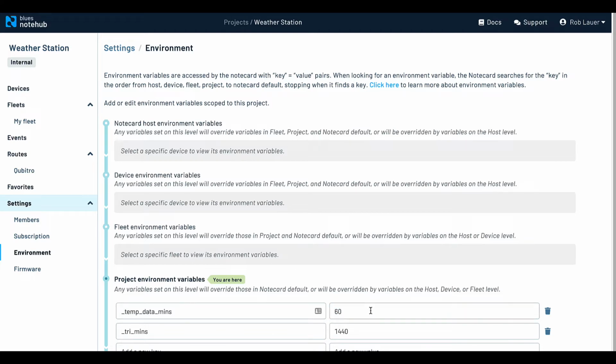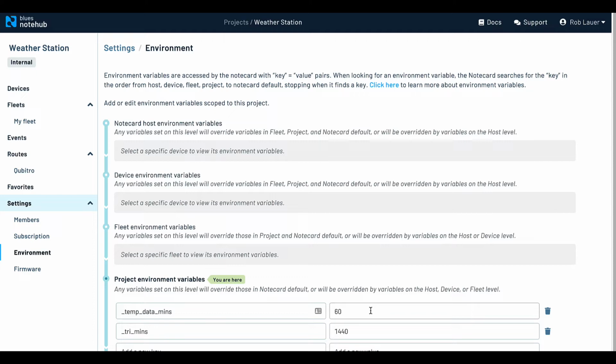And the next time our Notecard syncs with Notehub, it'll grab these updated environment variables and then use them in the project. Now you can imagine that you can do some amazing things with environment variables in terms of changing application functionality, changing how often and when the Notecard syncs data with the cloud. I mean, the options are endless when it comes to these key value pairs.